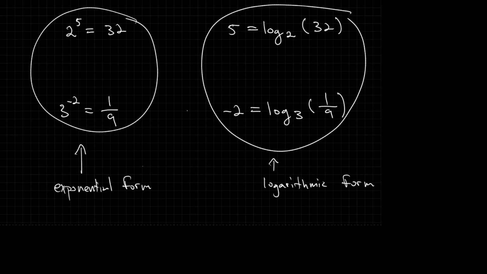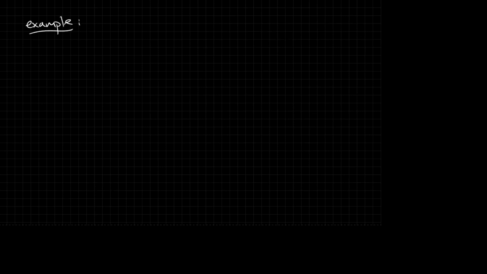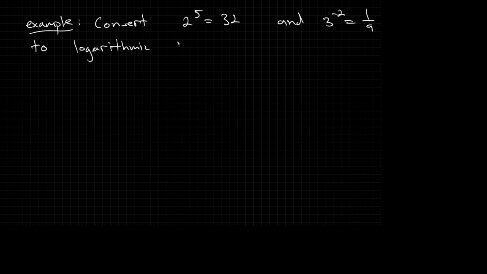And it's important to be able to convert from one form to the other. What we've done on this page is convert from exponential form to logarithmic form. So specifically, if you had the example of convert 2 to the 5th equal 32 and 3 to the minus 2 equal 1/9 to logarithmic form, then you would do the exact work that we just listed. You would say 2 to the 5th equals 32, and then you would write that 5 equals log base 2